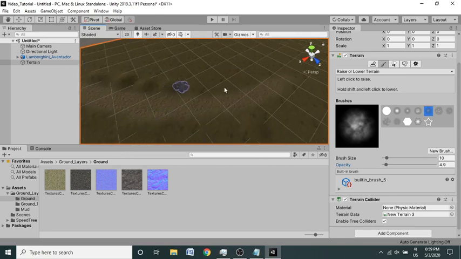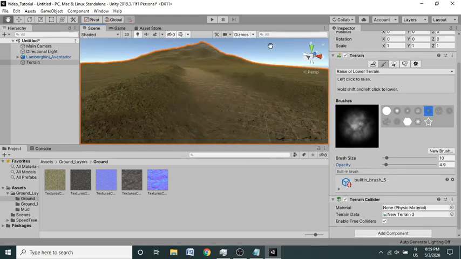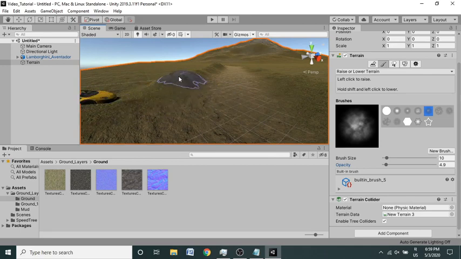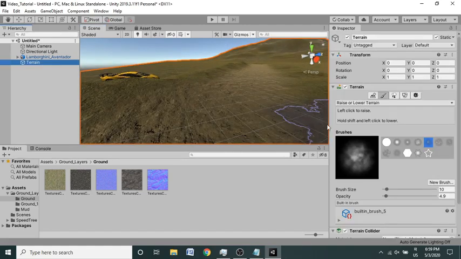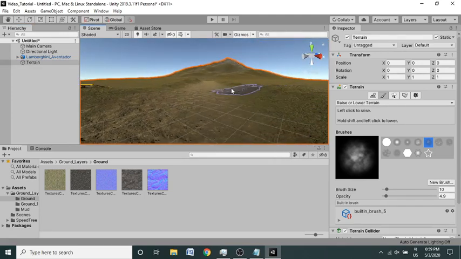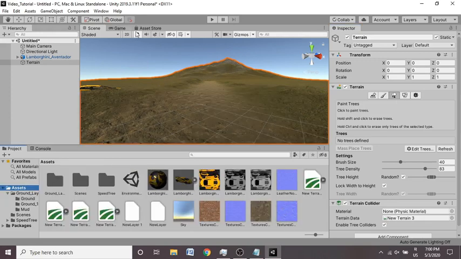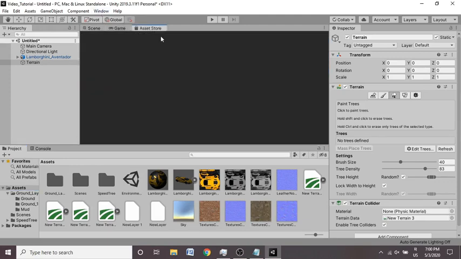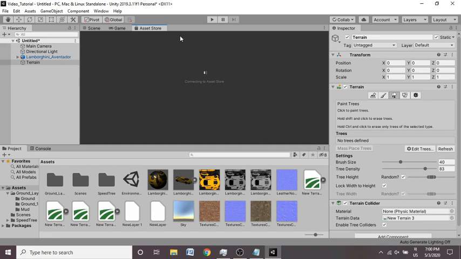Yeah, so I'm just gonna draw the details in the first view, because if we start drawing the whole terrain, it would be too time consuming. I'm just gonna draw it in 15 to 20 minutes. So this terrain is looking completely fine for now, but we need some more trees. You can go to the Asset Store by clicking the Asset Store window at the top of your scene window. If you don't have this window, you can go inside the Window panel and hit Asset Store, or you can just press Ctrl and 9.